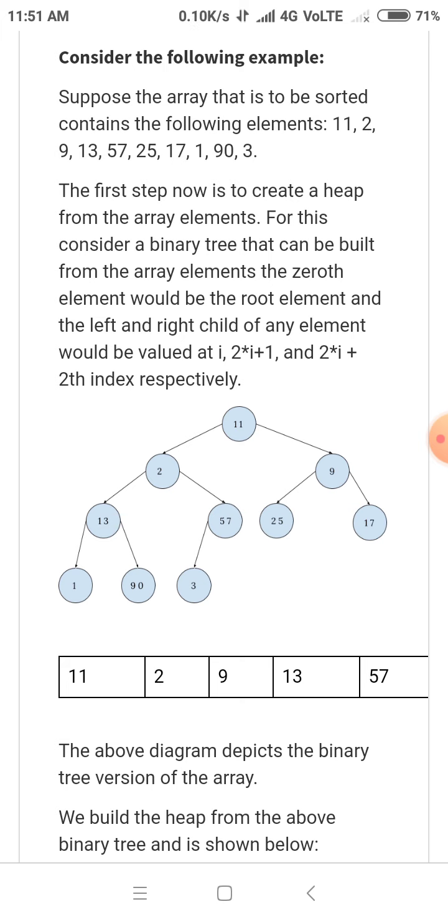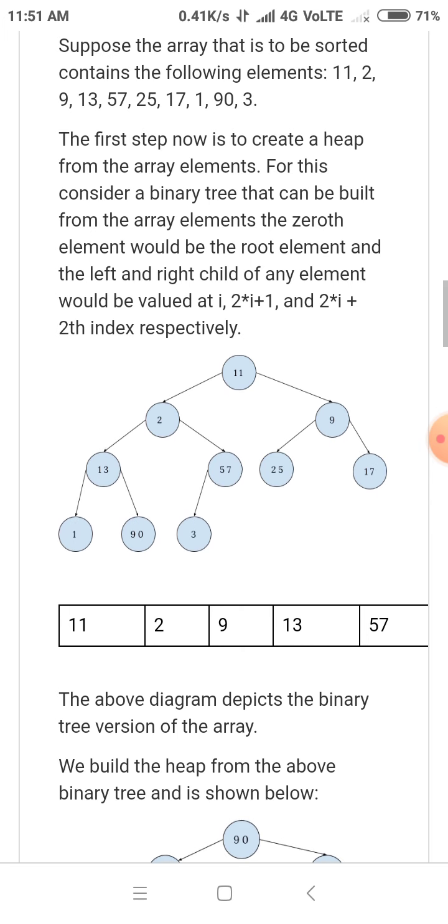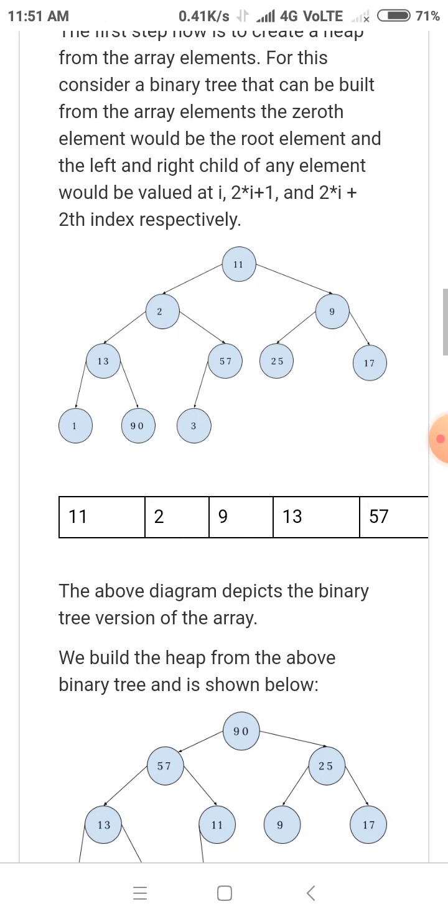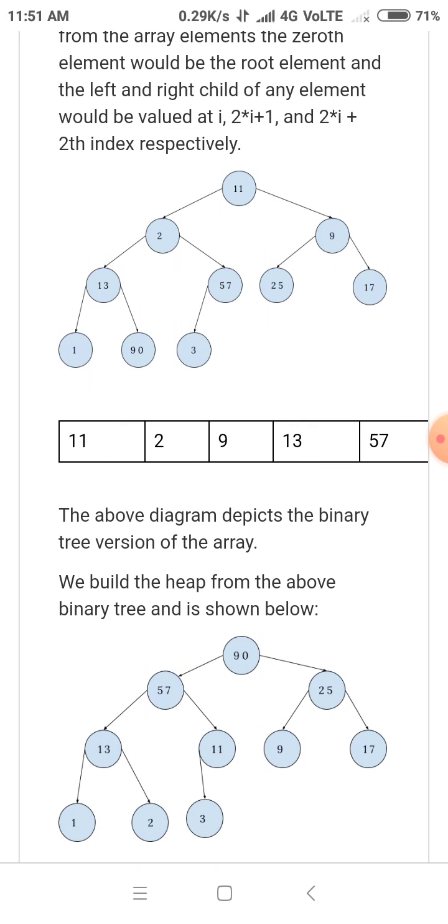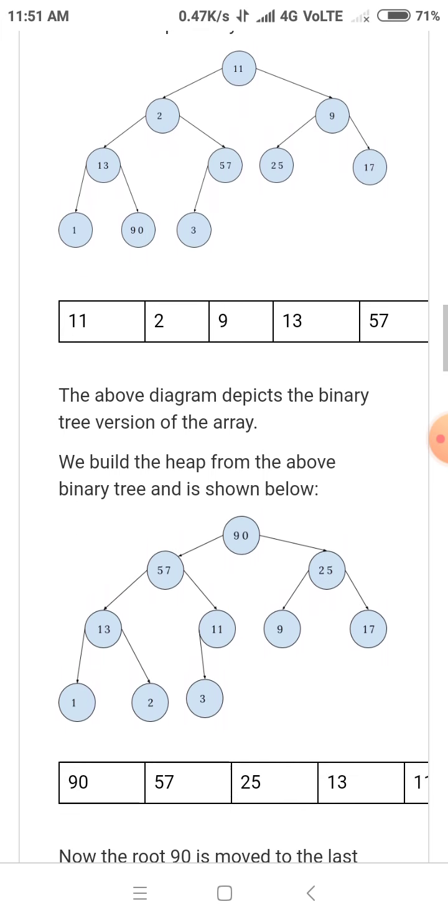From the given sequence of the array, we can create the heap in the figure like 11, 2, 9, 13, 57, 25, 17, 1, 90 and 3, as you can see in the figure. The above diagram depicts the binary tree version of the array. We build the heap from this binary tree, and in the figure you can see the new heap: 90, 57, 25, 13, 11, 9, 17, 1,